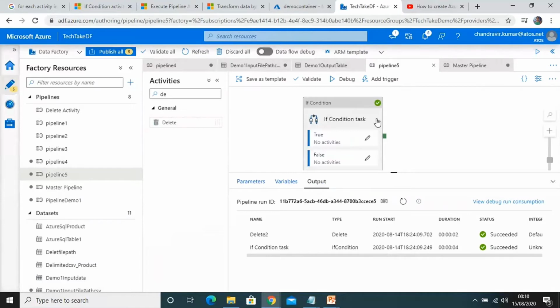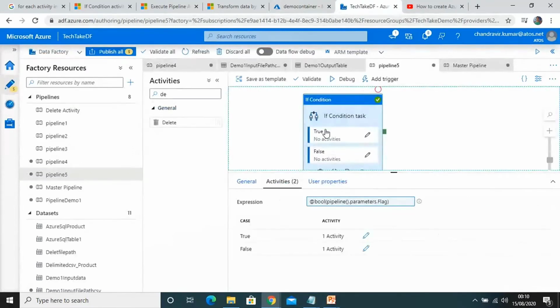And this is the child pipeline. Let me rename pipeline 5 to child pipeline, so we will have a better understanding of which pipeline we are calling. Basically, the if condition activity is for an expression. If the expression is true, then the activities we configured in the true branch will execute.